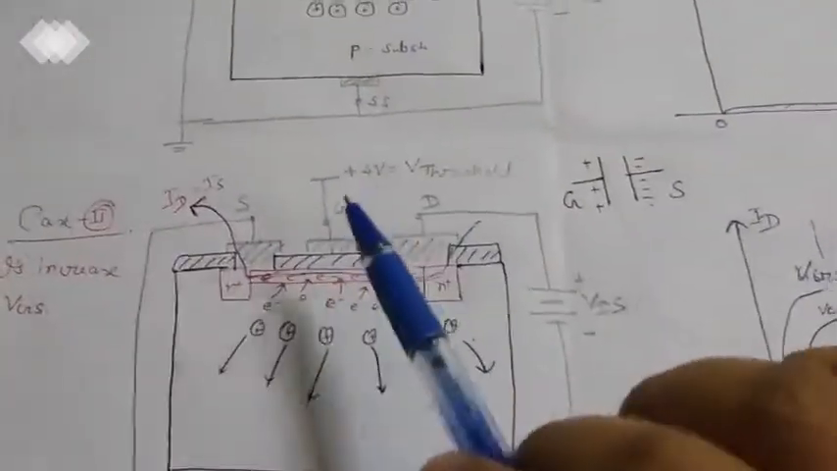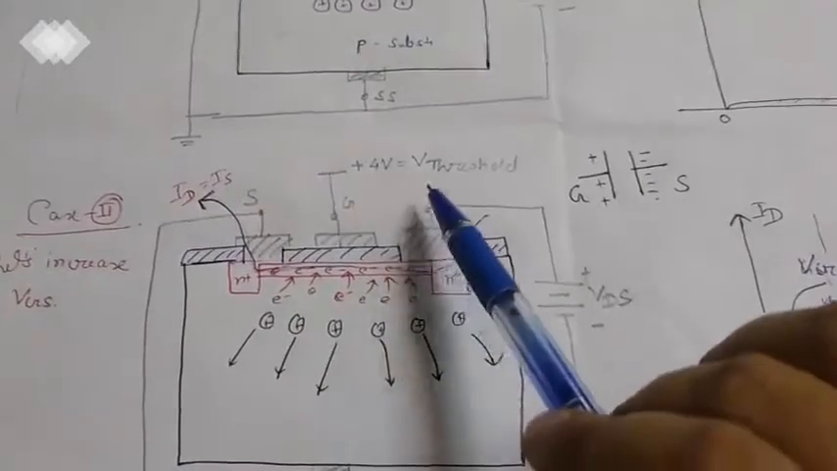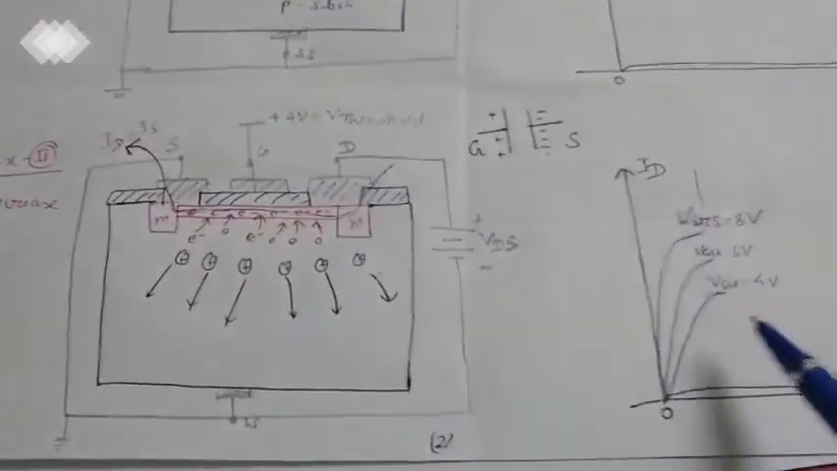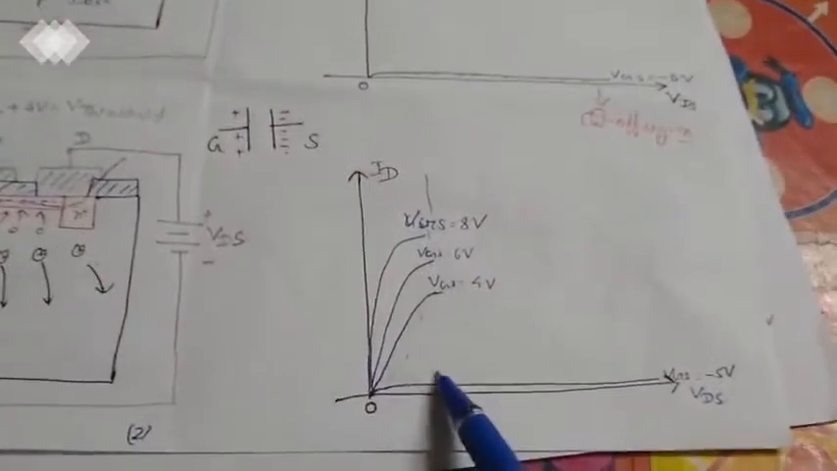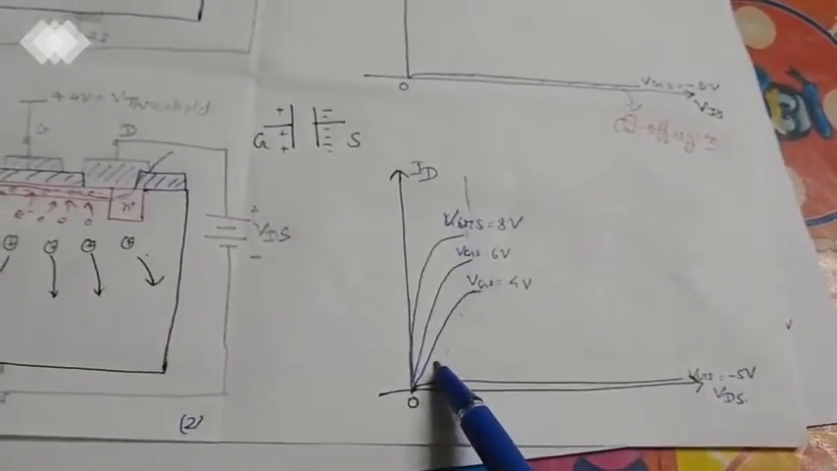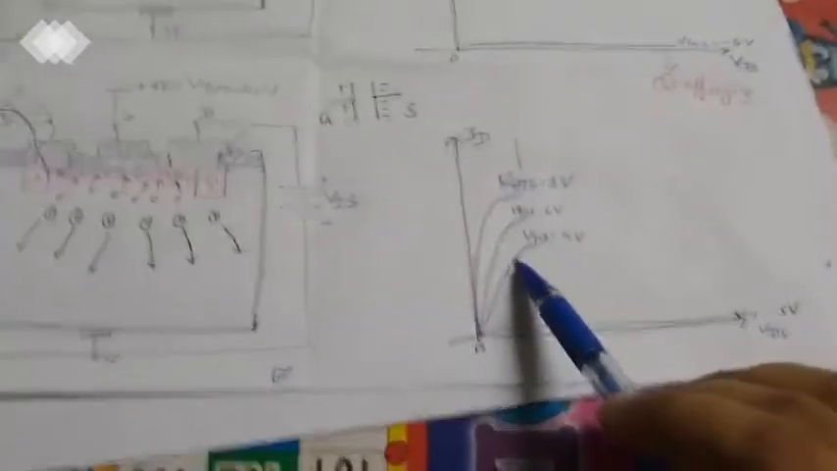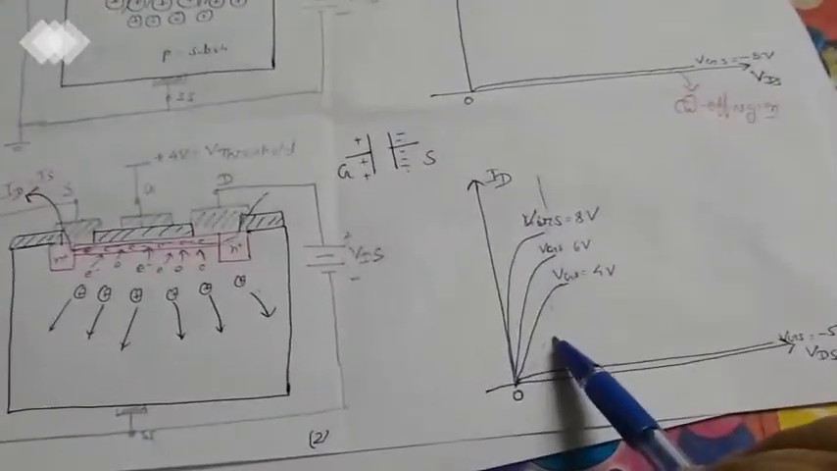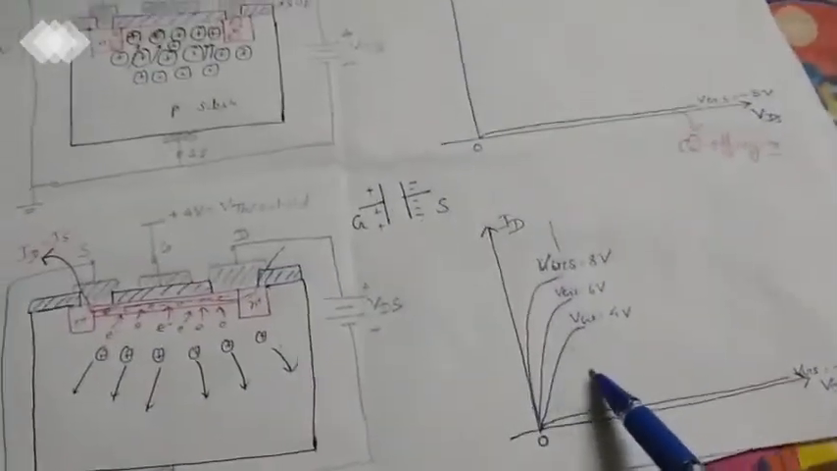And let's take, for this example, V threshold as 4 volt. At V threshold 4 volt the current will start to flow. Let's look at this graph. VGS is 0 and slowly we increase VDS. For VGS equals 4 volt, the current will slowly start to flow. And as we increase VDS,